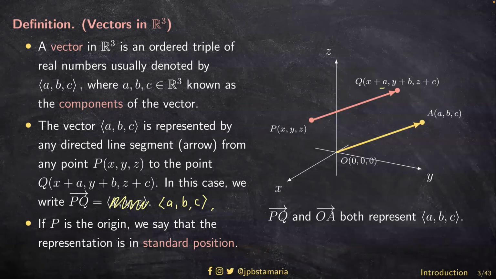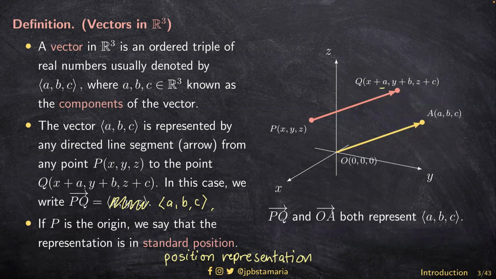Ang pinagkaiba lang ay kaya same vector kasi makikita nyo parehas ng magnitude, parehas din naman ang direction. Did you understand? Kasi kapag vector, ang mahalaga lang naman ay magnitude at direction. Pero specifically, kapag ang tail ng vector nyo ay nilagay natin sa origin, we say that the vector is in standard position. Or sometimes you will see position representation. Sometimes you will read this instead. Okay? Kaya nga yung arrows PQ and OA, although they are different geometrically, as vectors they are considered the same